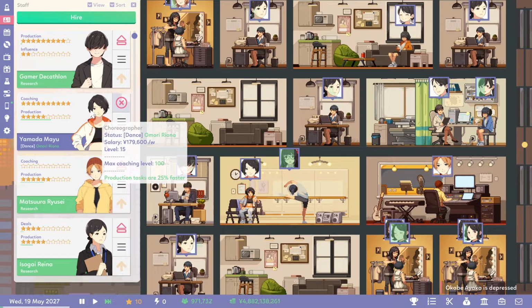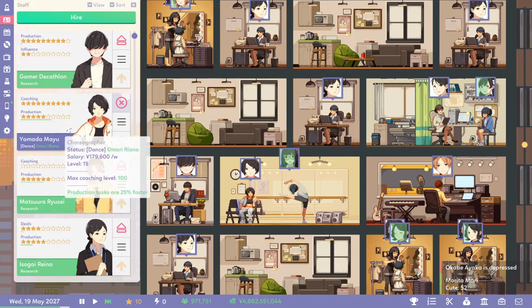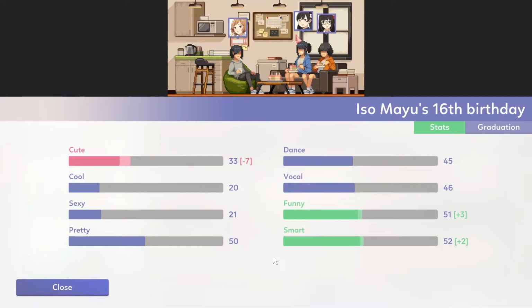Whoa, Yamada Mori just hit coaching level 100 with her production going up as well, so nice. Miss Depression, she does turn 16, she loses some of her cute, it's a -8, she does not gain any cool or sexy. That sucks, and look how weak she is. +5s here at least, but